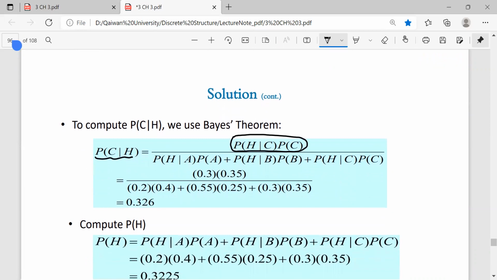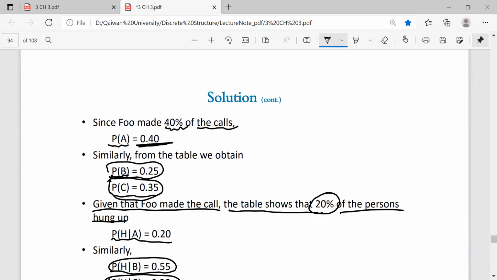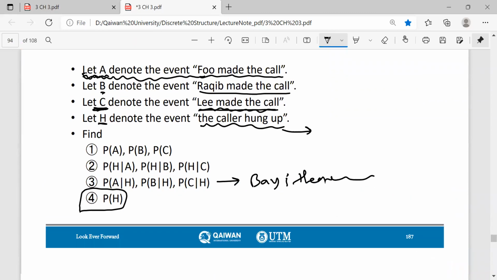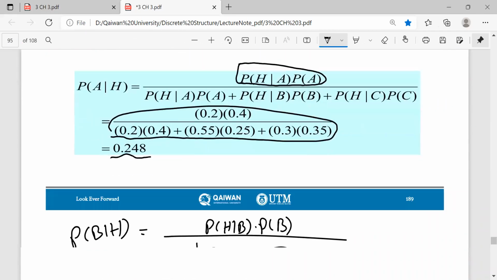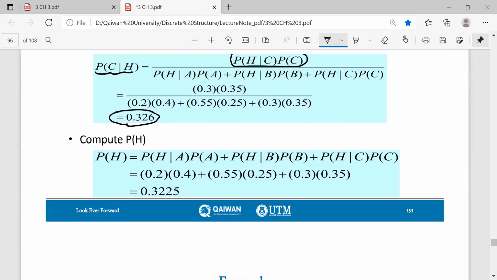And you get 0.326. And then in the last step, we are asked to find the probability of H. Probability of H is